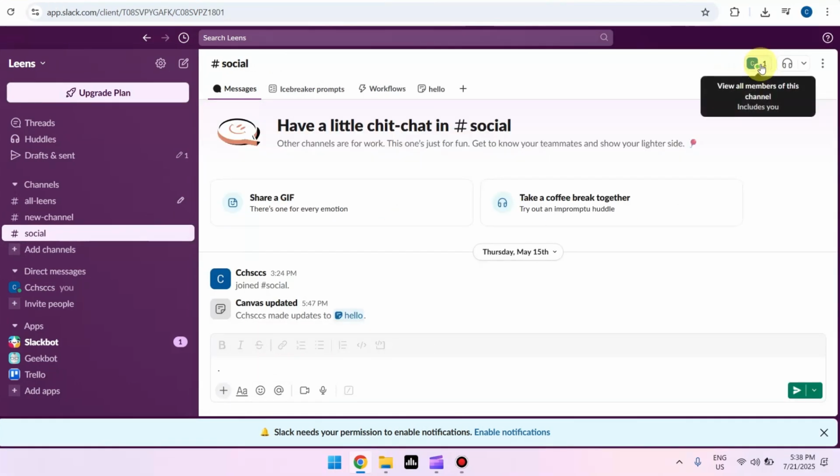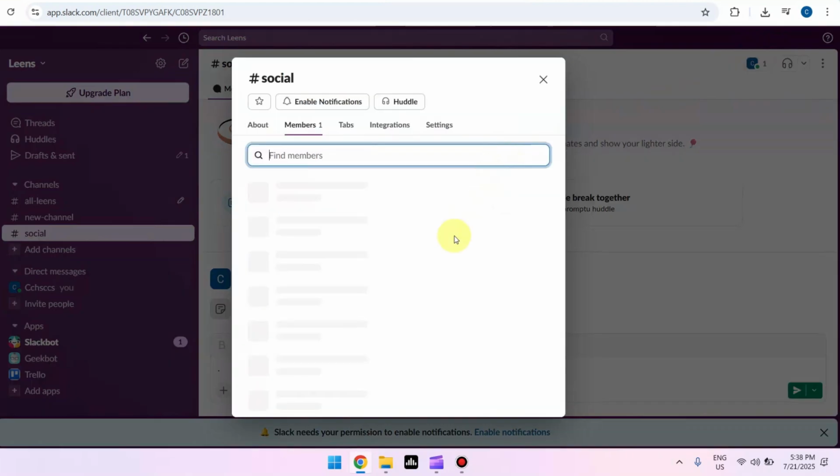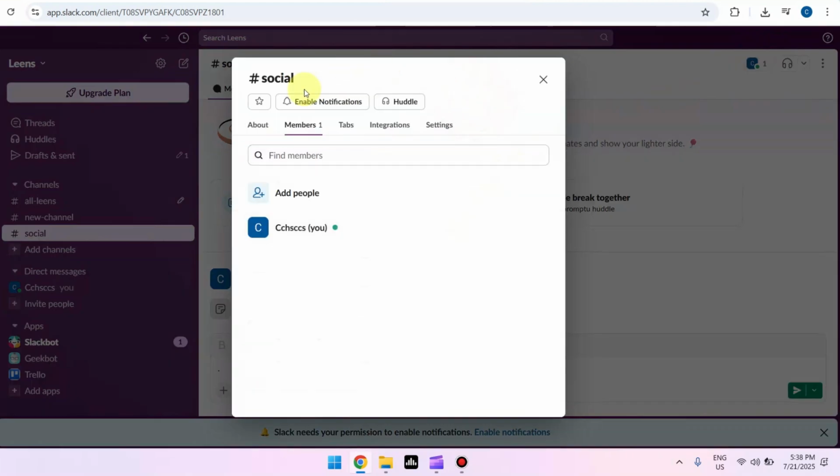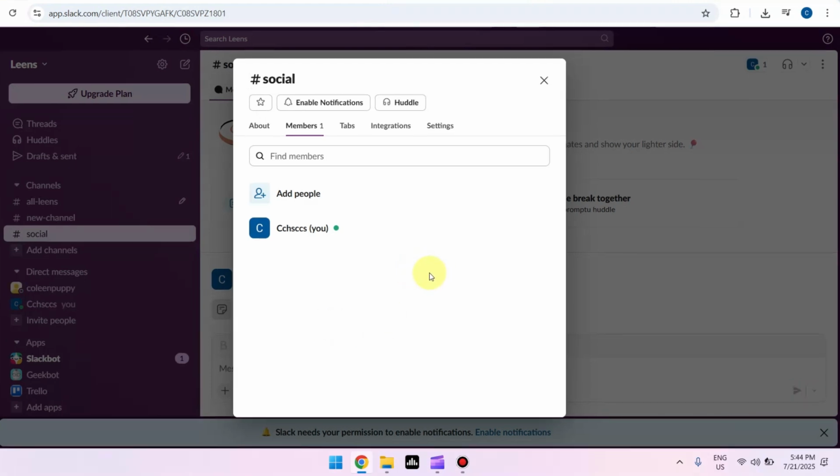Next, click on the View All Members icon. A window will then pop up where you can see an overview of all the members of that channel or conversation. And from here, all you have to do to add someone to this conversation is start by